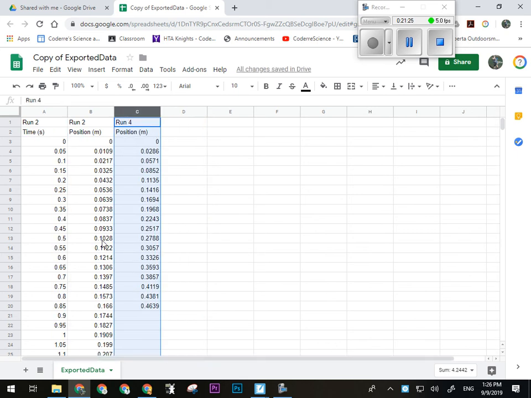Okay, so what I want to finish with is this. I want to have the time for whatever run was your longest one, okay? Your position for that run beside it, and then the position for your second run. You'll see that because the second run was faster, it doesn't take as long. Okay? All right, now I want to build a graph, but to do that, I need to get rid